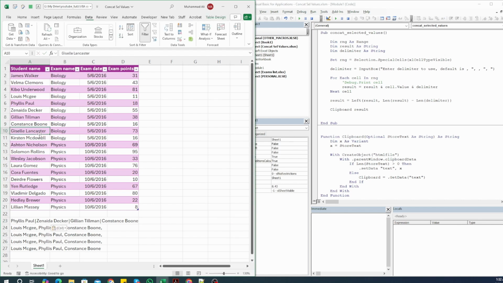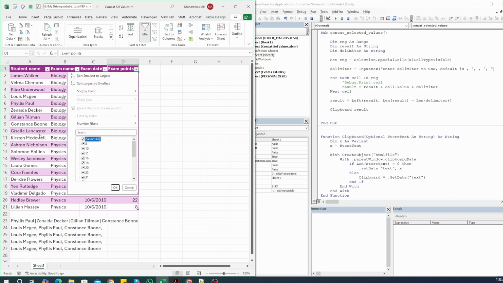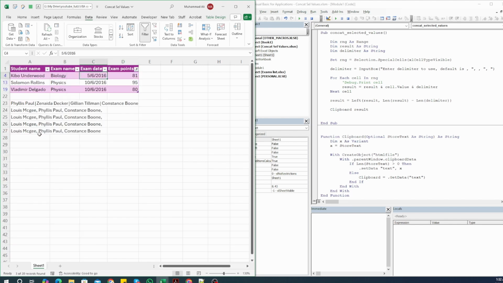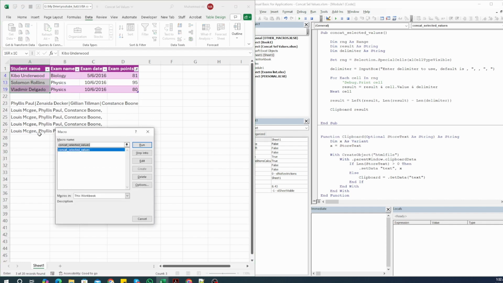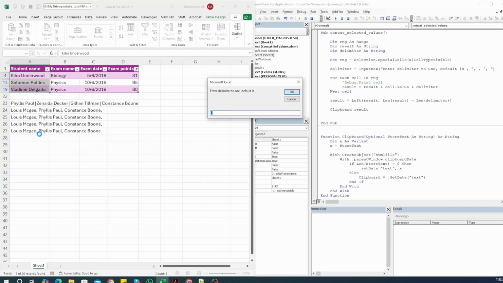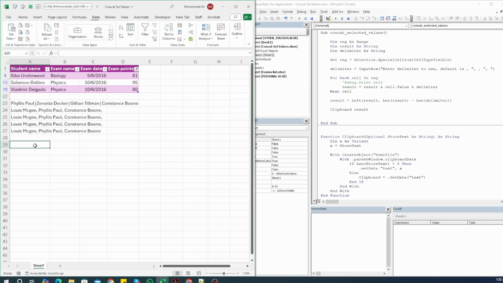Great. Let's test it on filtered values as well. So let's say we just want the top three values, we want the names of those. So let's select the macro, run it, and this time we are going to use the tilde sign. Click on OK, paste the values here, and you can see, good enough, we don't have any extra spaces or delimiters at the end.